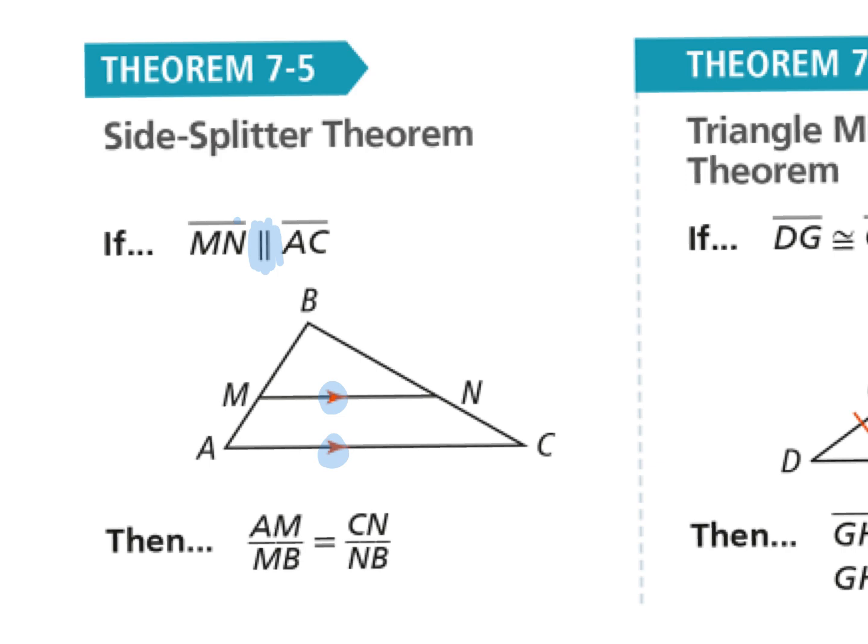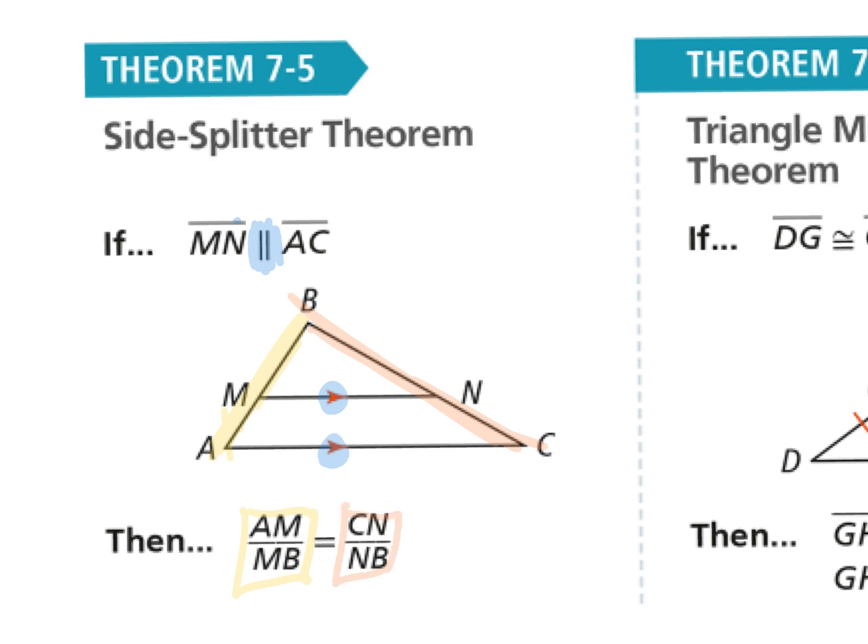The theorem states that if you have these parallel lines, right, so a line that is going through the triangle, splitting the two sides, that you have this proportion created looking at the two sides that got split. So as you can see in this fraction down below, we have AM over MB. As you look, AM and MB are both a part of the same side. So here in one side that got split, you're going to create a fraction. And then you're going to take the second side that got split. In this case, this side BC got split by that parallel line,